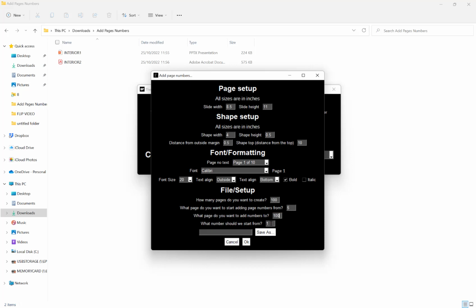And then finally, what number should we start from? So as it's on 1 here, page 5 would be page 1, page 6 would be page 2, etc. But we can change this again to any number that you like. Let's start that at 5 as well. And then if we hit save as,